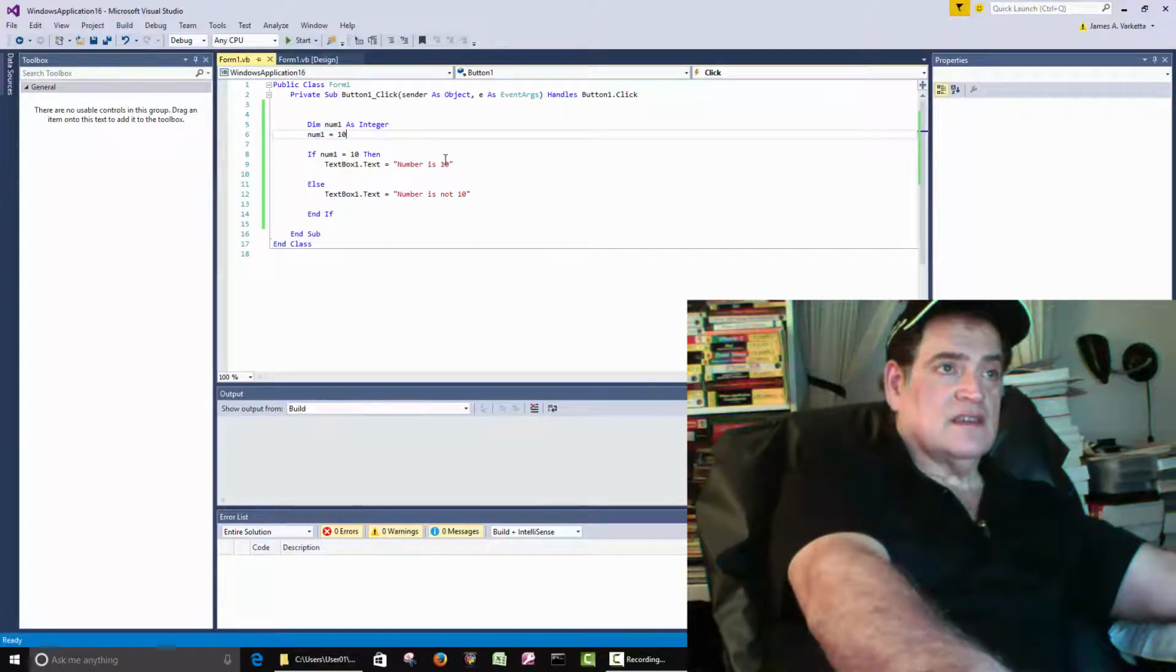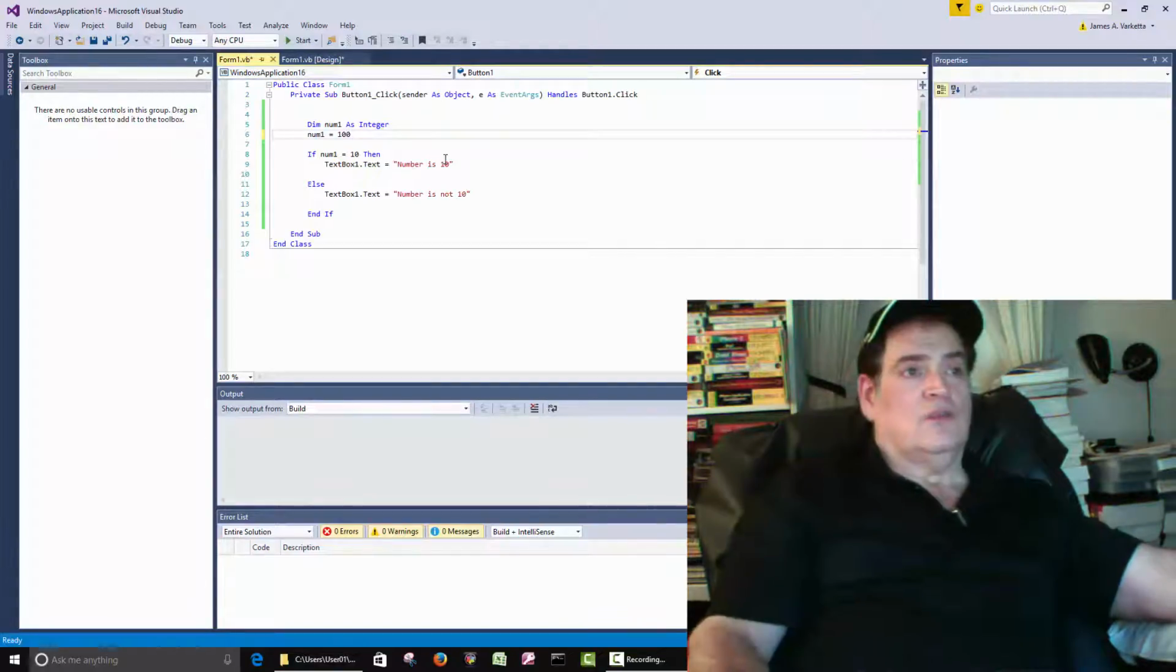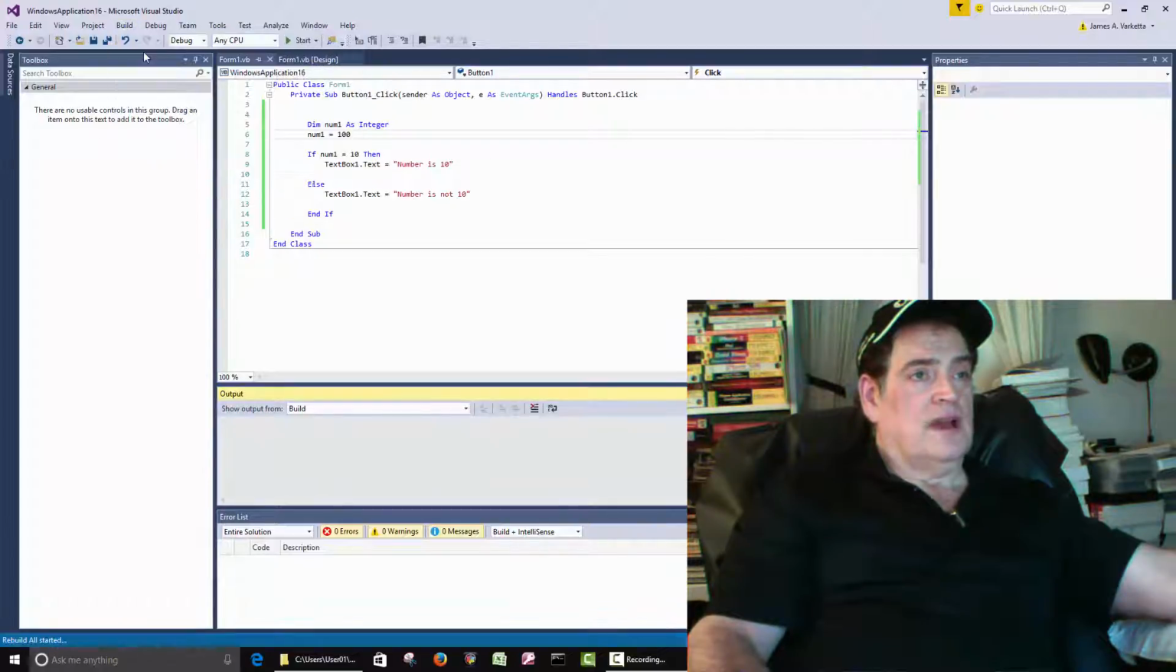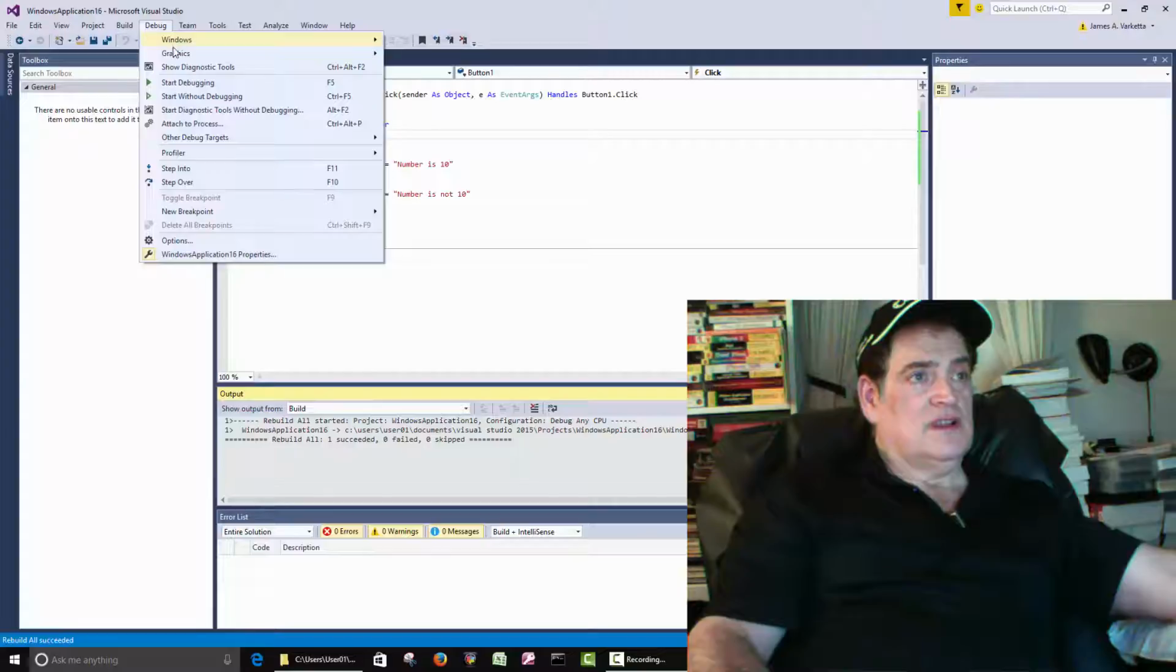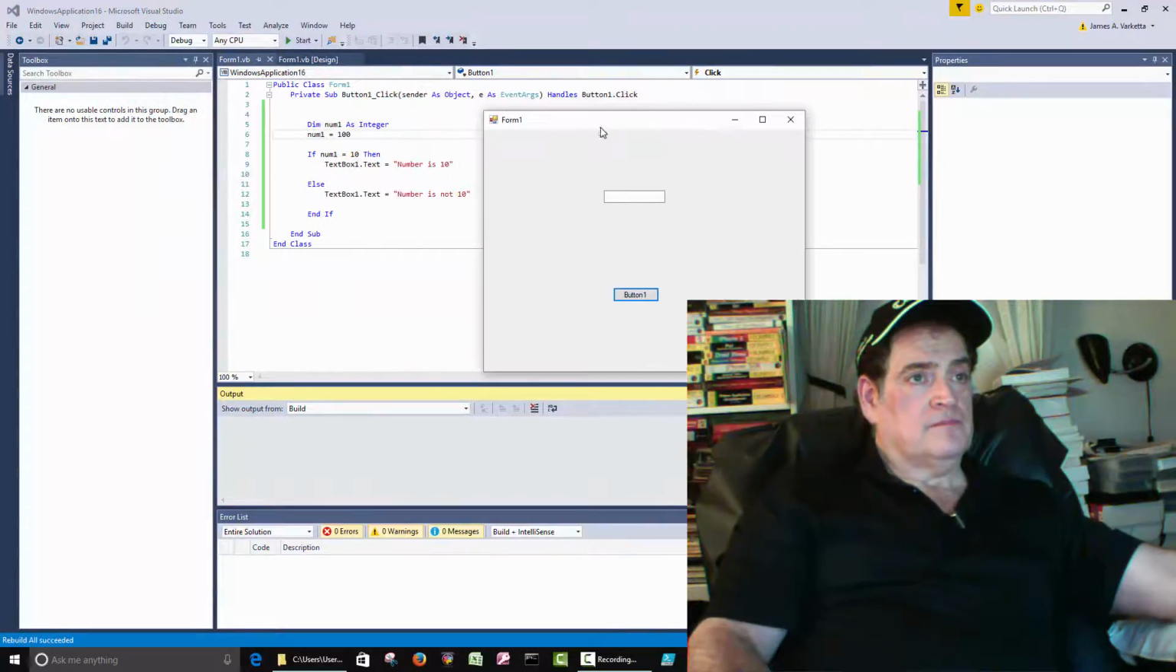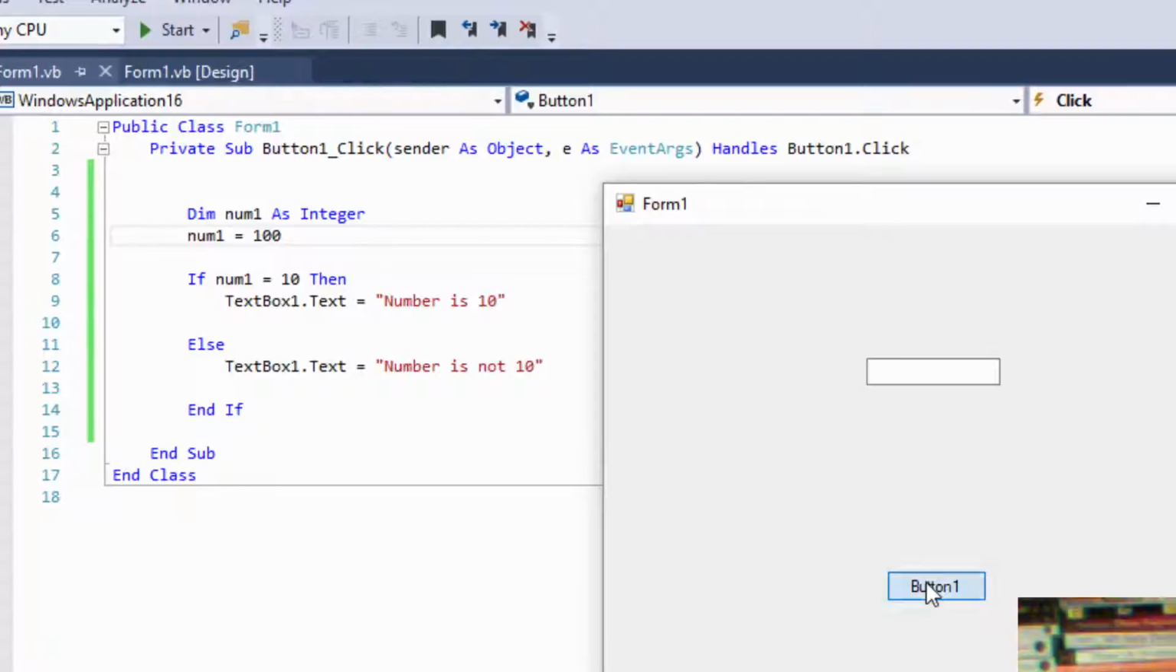Just for the sake of the video, we'll make num1 equal to 100. We'll recompile. It succeeded. Then we'll run it. Press the button. So now it says number is not 10. So we created num1 as an integer, set num1 equal to 100. Then we came down here and did the if-else statement. And we said,